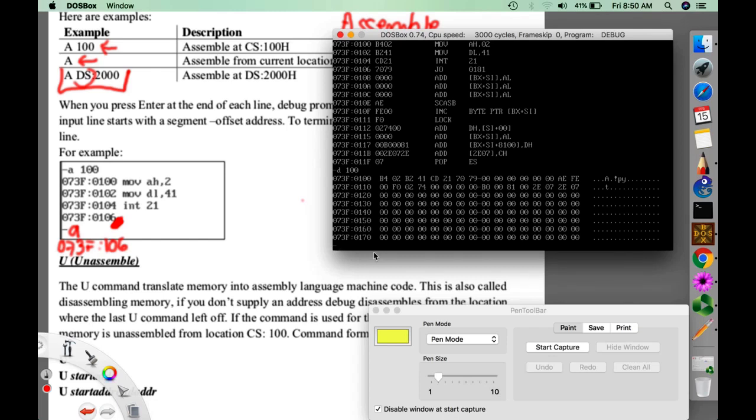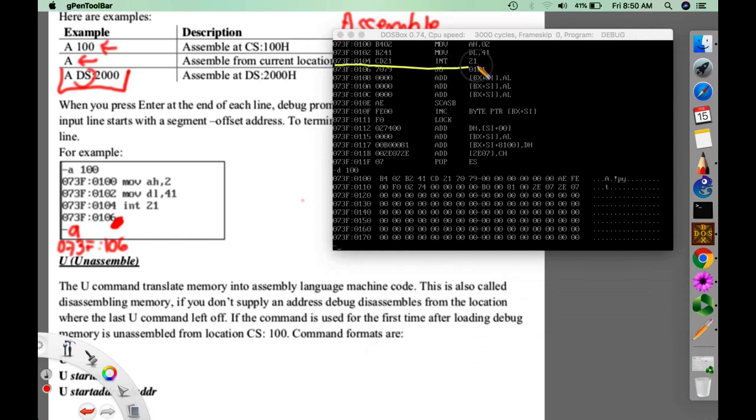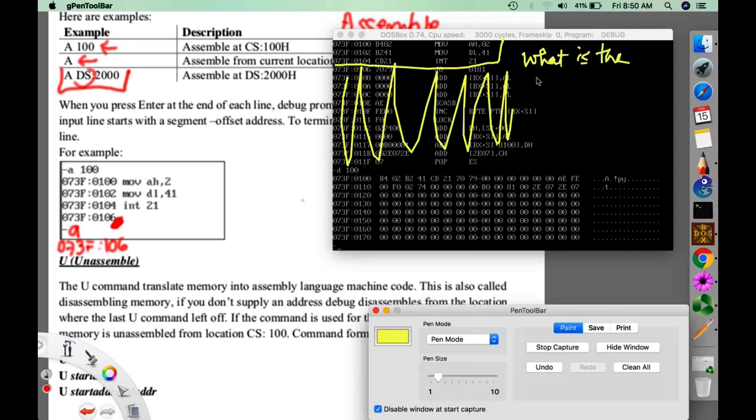Now say for example, you would only want to output this part, and you don't want to see this. So what is the command to display the instruction or program?